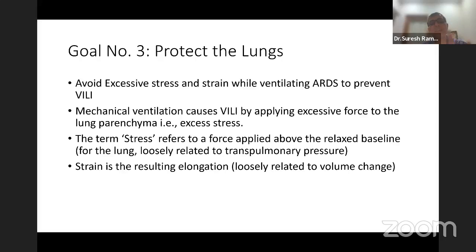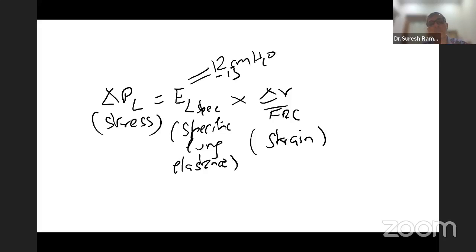So you want to ventilate to protect the lungs. If you look at it, the stress of the lungs that you have with positive pressure ventilation depends on the specific elastance of the lung, multiplied by the change in volume above the FRC. That means what is the tidal volume that you're generating above the FRC to cause strain. And now you can put the respiratory rate and the flow into this, and also say that those all will generate this. A normal lung elastance is about 12 to 13 centimeters of water. So this is what you want to prevent. You want to keep the transpulmonary pressure the lowest, and you want to keep this delta V by FRC also the lowest.